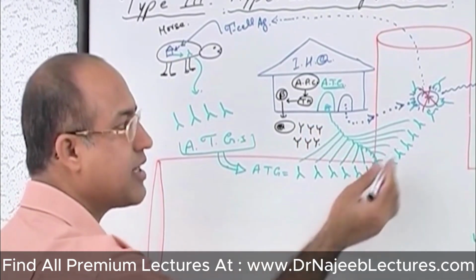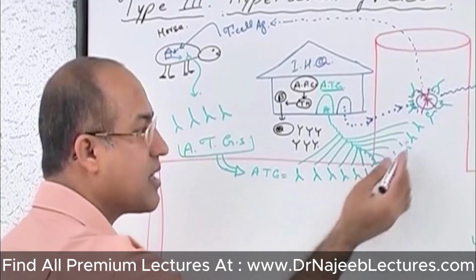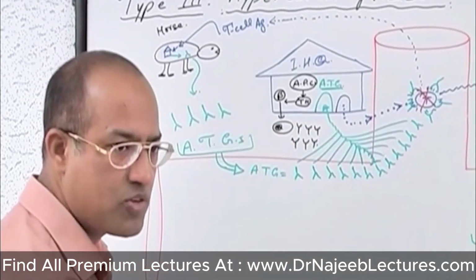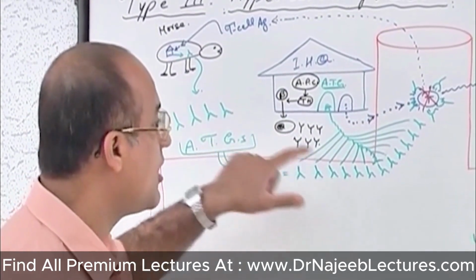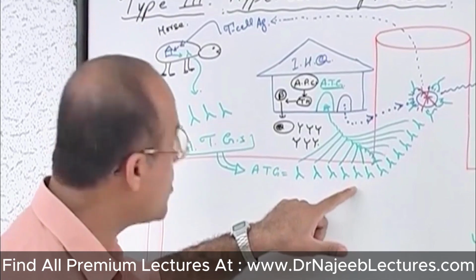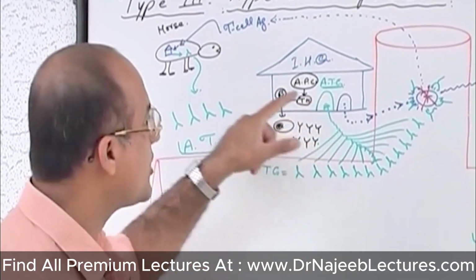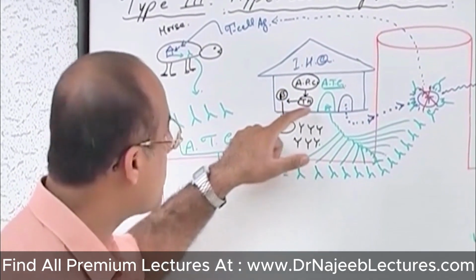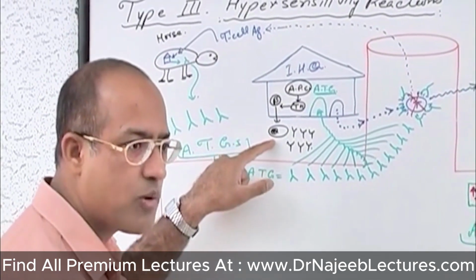The immune system takes the horse-derived antibodies, the ATGs, as foreign proteins. The immune system will make human antibodies directed against the horse antibodies. How? The horse antibodies will be taken up, processed and presented by the antigen presenting cells to the T helper cells. The T helper cells will activate the B cells into plasma cells, and these plasma cells will make